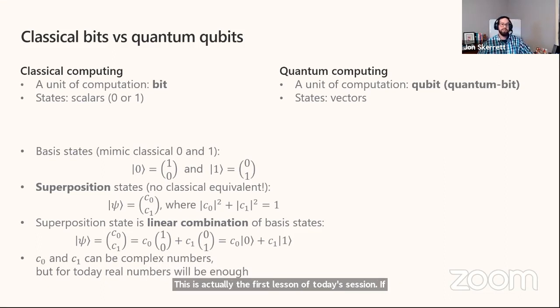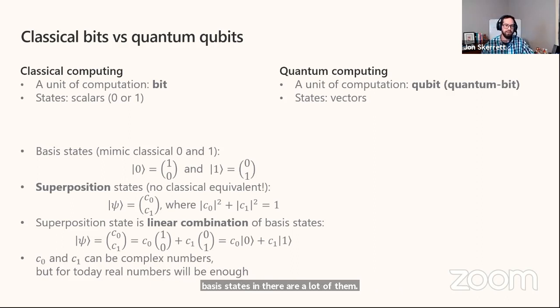We'll never say that superposition means a qubit is in 0 and 1 simultaneously. It's not the right way to think about it. The qubit is in a specific state that is a linear combination of the 0 and 1 states. And there's a plethora of such states. It's also not correct to say that there's just one superposition state. So superposition states are all states that are not basis states, and there are a lot of them.